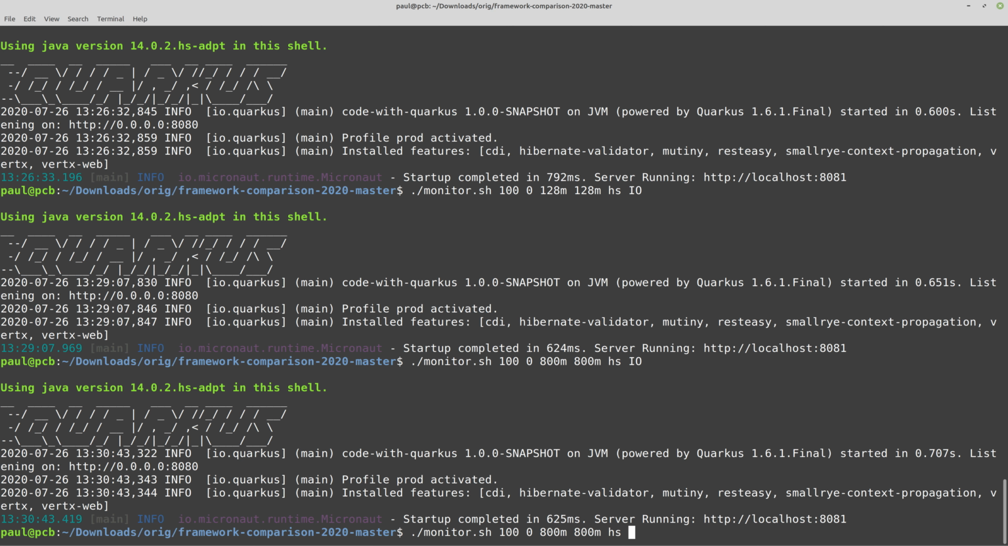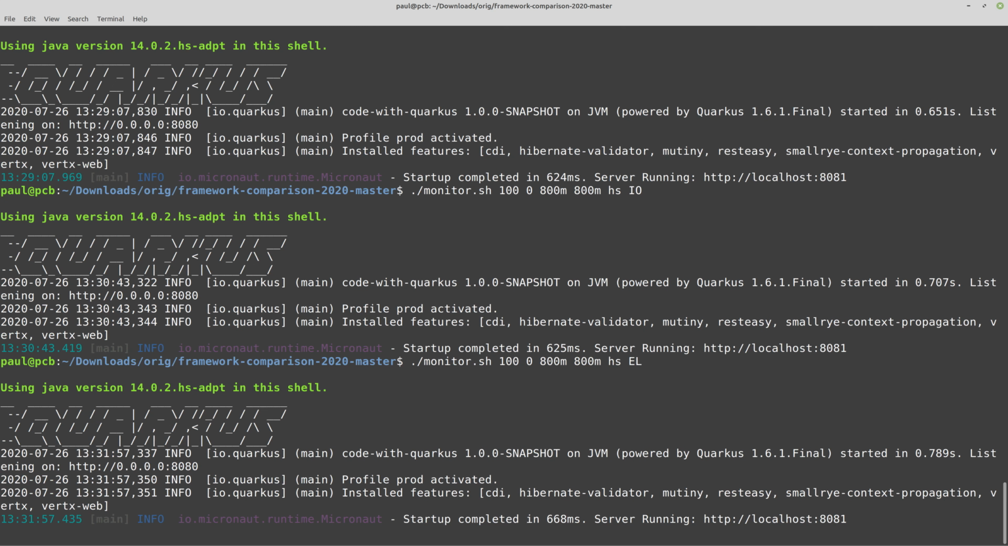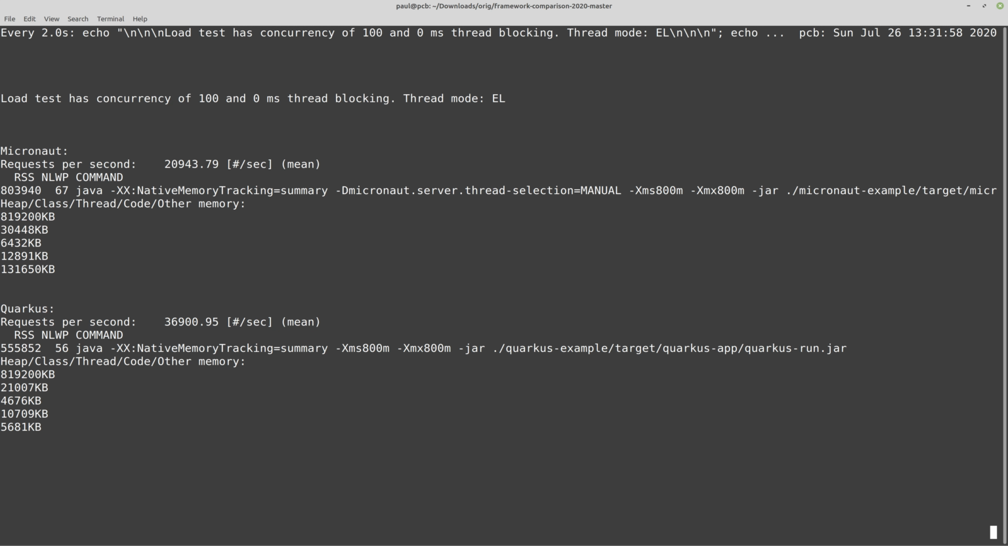Let's go to event loop and have a look at what happens there if we're not doing the handover with an 800 meg min and max heap. Again, we're seeing this big difference in terms of other. It's 131 megs used there versus 5 megs used here, which is really what's driving the much higher RSS on